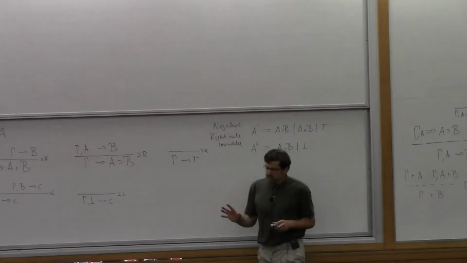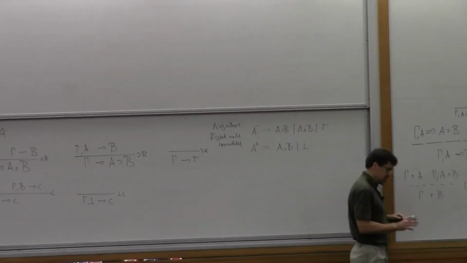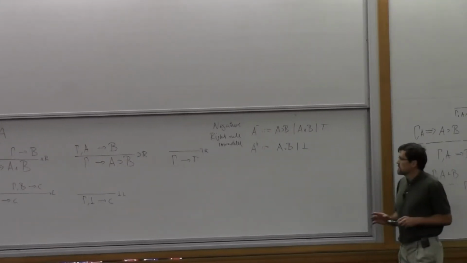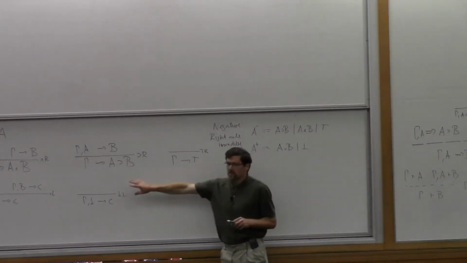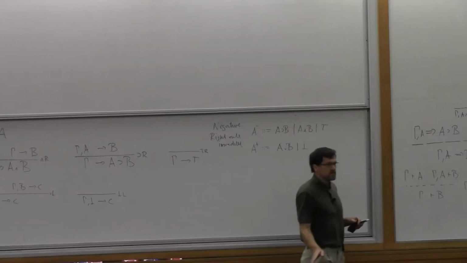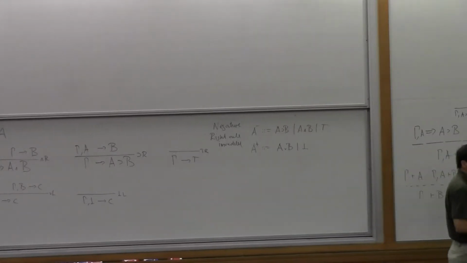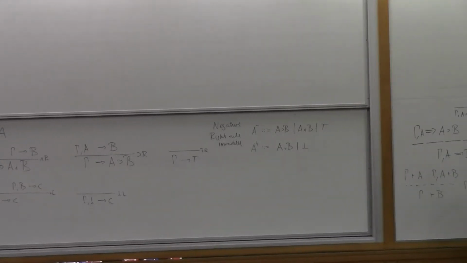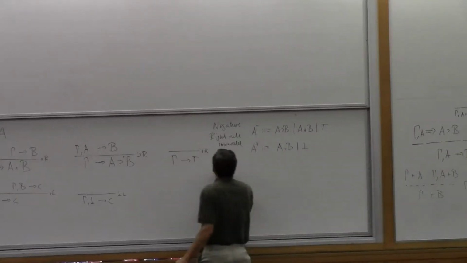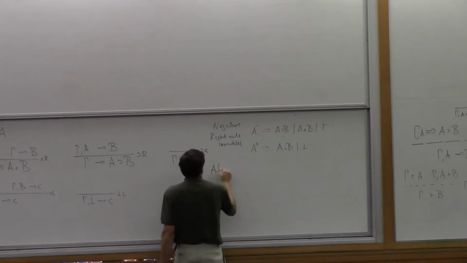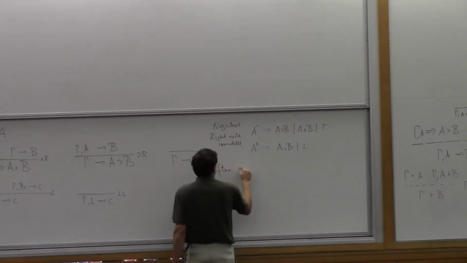So that's the first part. The first part of focusing is that if you see a connective that is invertible, which means that it's negative on the right or positive on the left, just break down the proposition and apply the rule and never look back. That eliminates a whole lot of non-determinism because you can do this in a don't-care non-deterministic way, and you always end up with the same sub-goals. So what does the sequent now look like after, we call that the inversion phase?